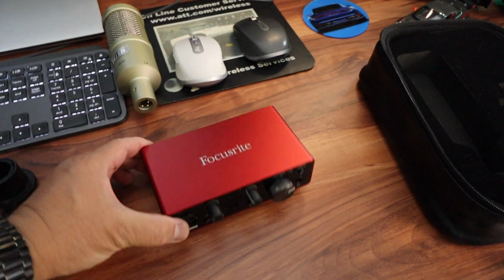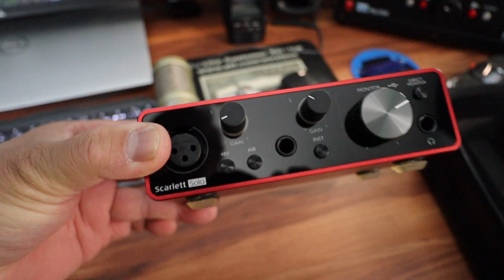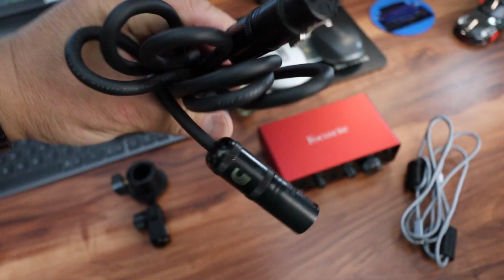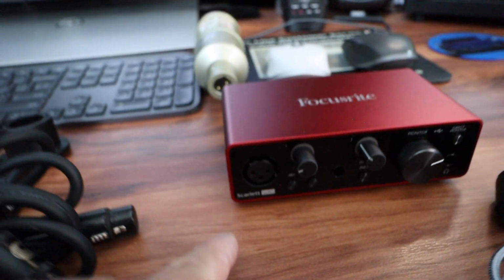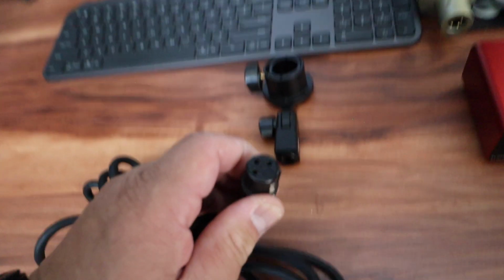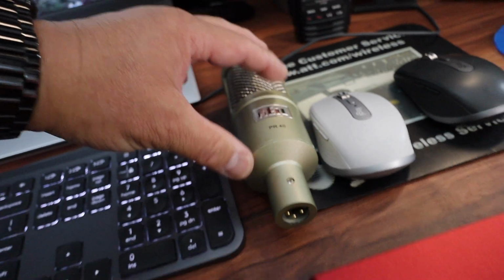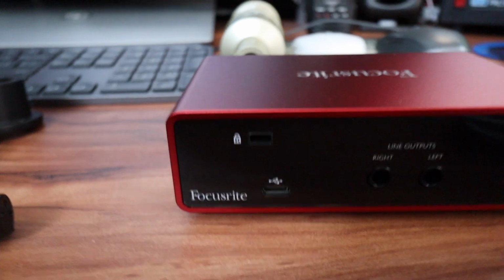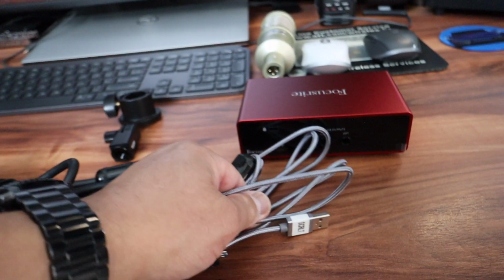And we're going to interface that with the Focusrite Scarlett Solo. So I'm going to basically use an XLR cable. Here's my XLR cable. Okay. Connected to the front of the Scarlett, and the other end is going to go to the bottom of the PR40 microphone. You see that? And then coming from the back side of the Focusrite, we have a USB out and in. I'm going to use this